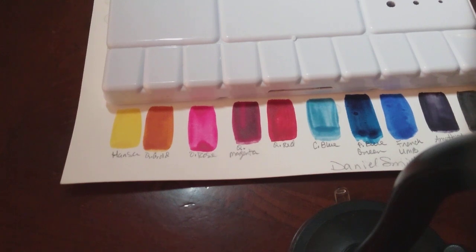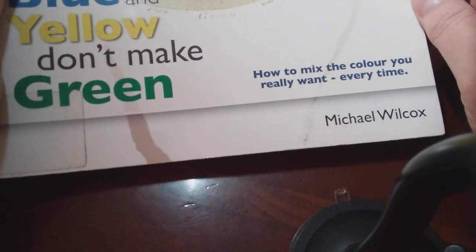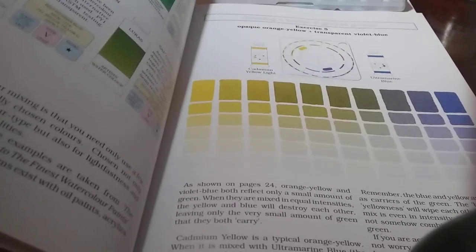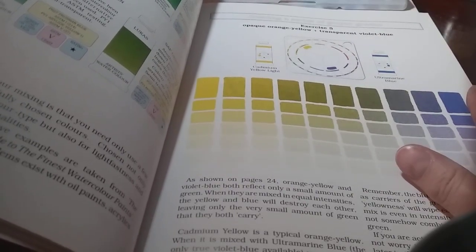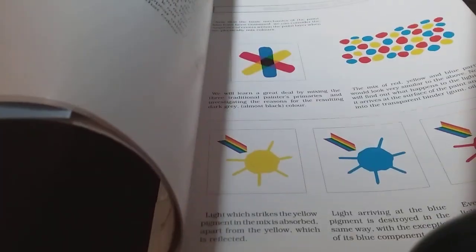It is a color mixing book. It's a watercolor mixing book. Blue and Yellow Don't Make Green by Michael Wilcox. And I picked this one up from the library. However, I have also ordered one off of Amazon. And it tells you all the different colors, explains the color wheel, why you would be mixing mud, which is why,